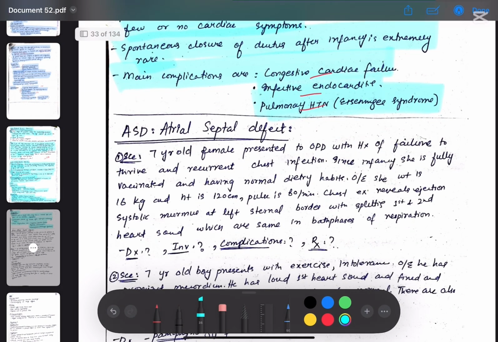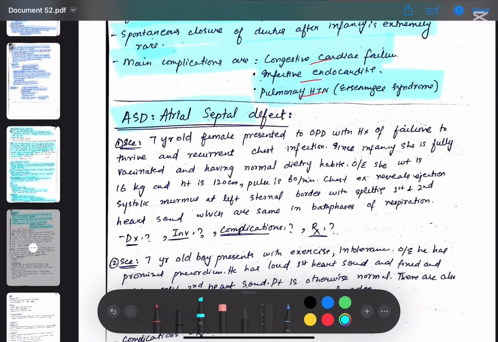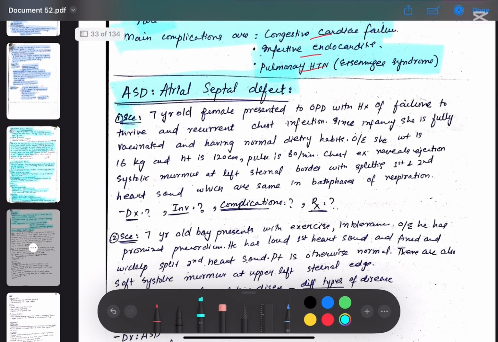Now coming towards the next topic, that is ASD, which is Atrial Septal Defect. The scenario is that there is a 7-year-old female presented to OPD with a history of failure to thrive and recurrent chest infections since infancy. She is fully vaccinated and has normal dietary habits. On examination, weight is 16 kg and height is 120, pulse is 80, and chest examination reveals a systolic murmur at the left sternal border with splitting of first and second heart sound,